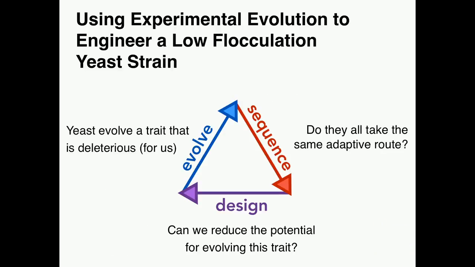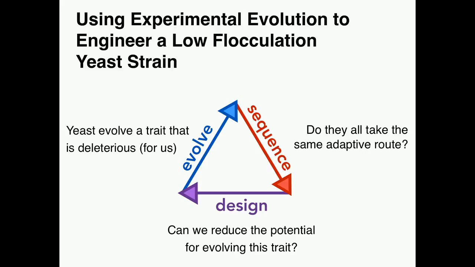In the Genome lab, we use experimental evolution to see how yeast adapts to selective pressures, but it's also a useful tool for engineering. If we have a strain of yeast, or many strains of yeast, that frequently evolve traits that are good for them but may be bad for us, traits that we wish they would not do and would like to explore engineering as a tool to eliminate them, we can do the evolution experiments many times and ask some interesting questions,